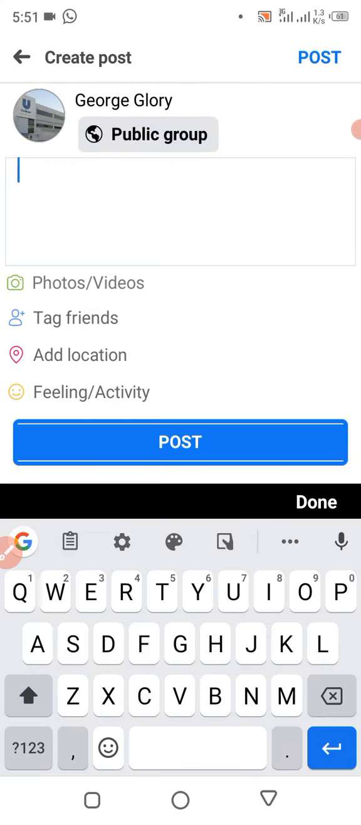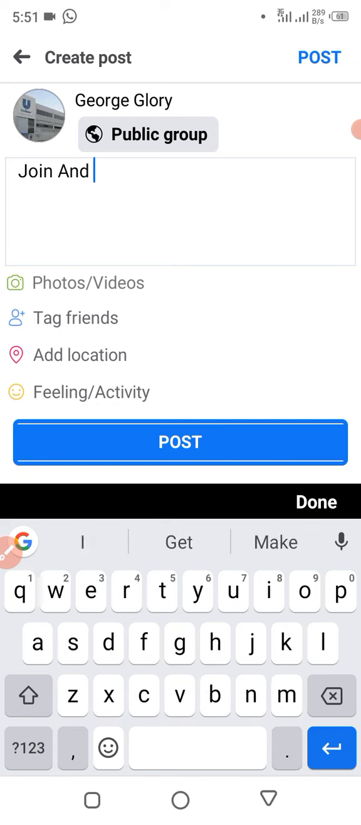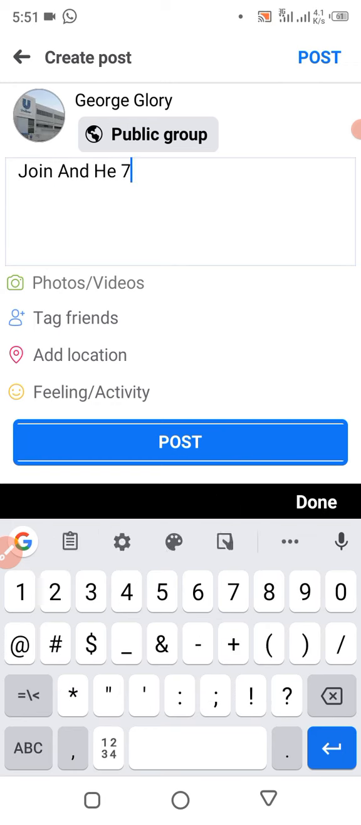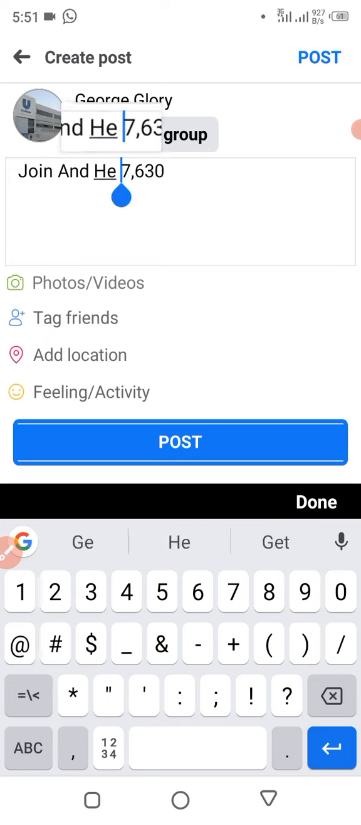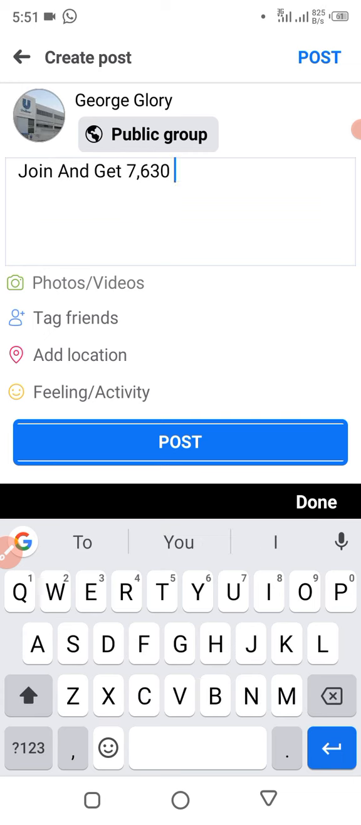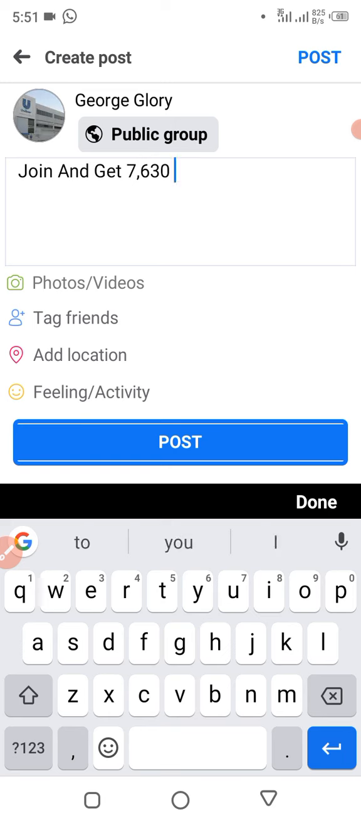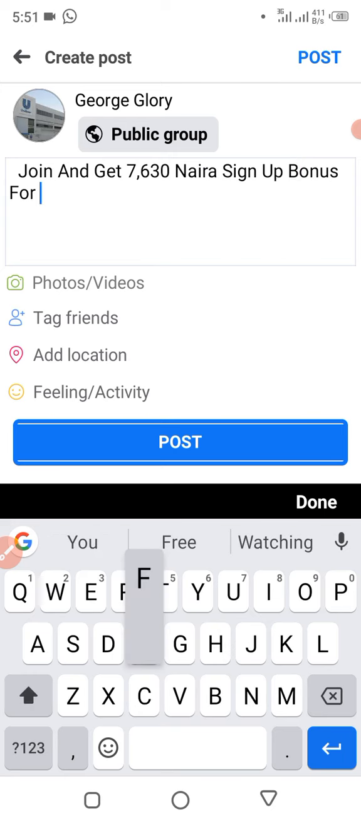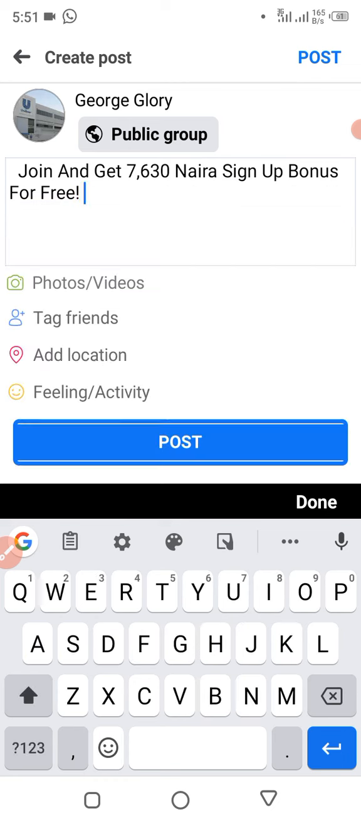So it says: join and get 7,630 naira sign up bonus for free. Then you put this mark right here, and that's fine. So you're just going to click on this part where it says Post. Once you click on Post,